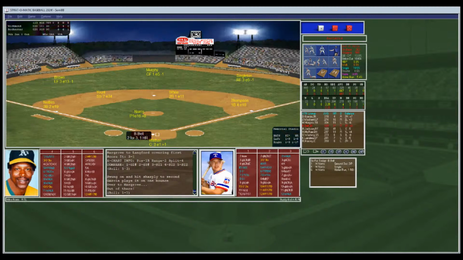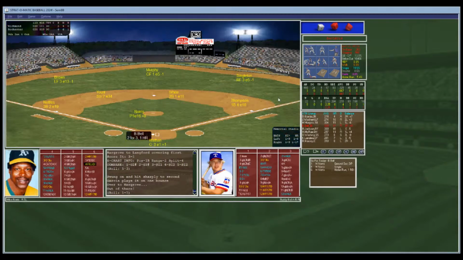So again, let's go to the top of the ninth. Mike Norris looks to finish it here, looks to take his team to 1-0. Here is Bell, Jackson, McCray, right, left, right. So Bell is already 2 for 3. Hit a single in the fourth and launched a home run in the sixth.